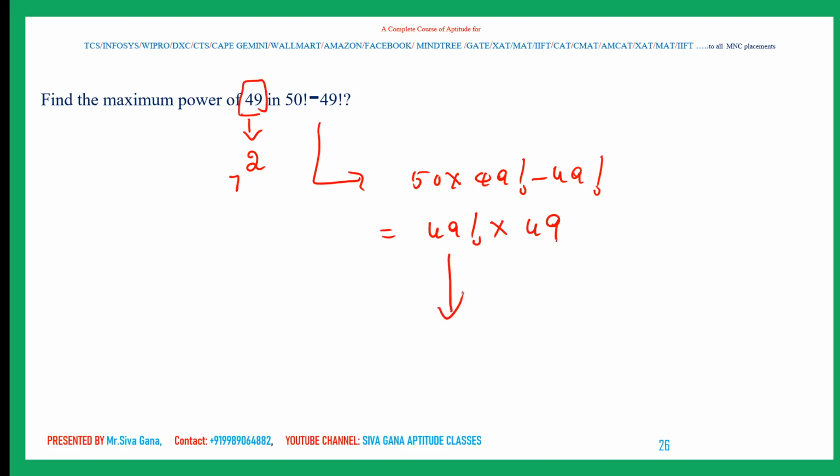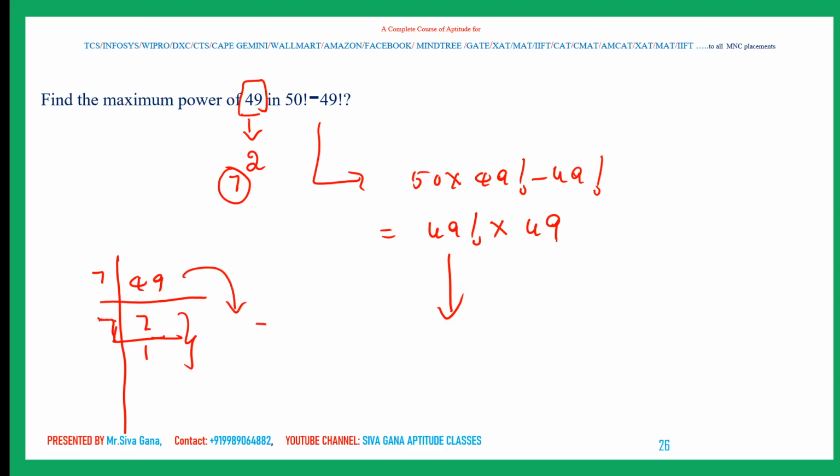Now in 49 factorial, first I am going to find the maximum power of 49. 49 is a composite number, so we have to do it like this. We have to calculate 7 power, 7 square. So 7 sevens are 49, 7 ones. So the maximum power of 7 in 49 factorial is how much? 8, which is nothing but 7 power 8. We need it in terms of 7 square. So this is nothing but 7 square whole power 4, nothing but 49 power 4.